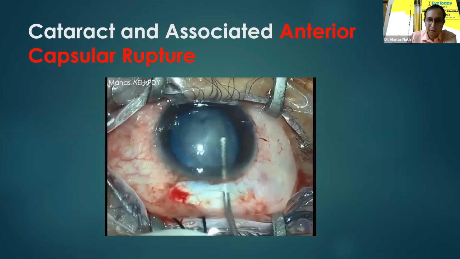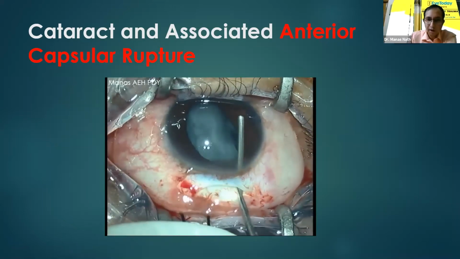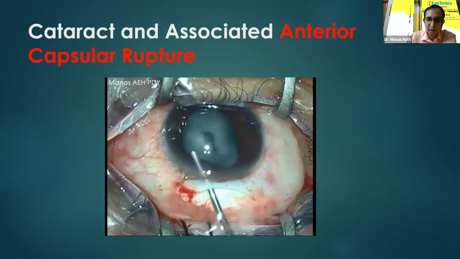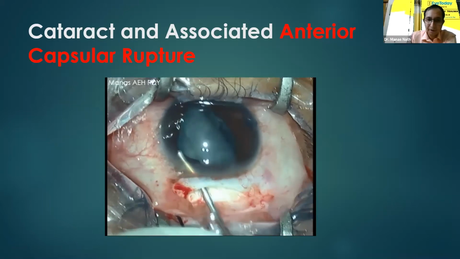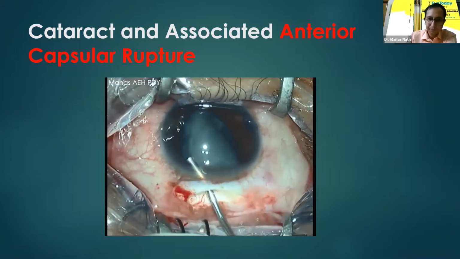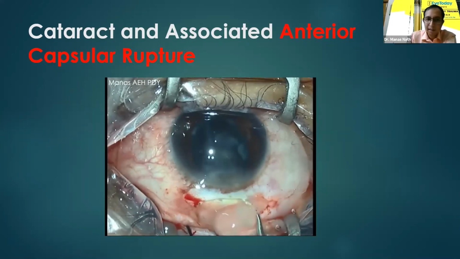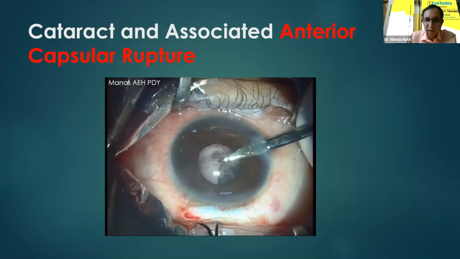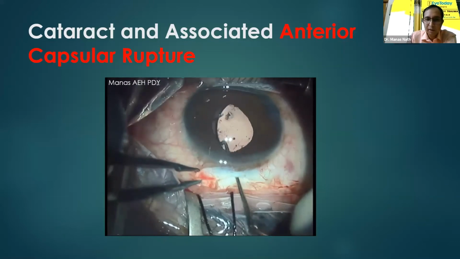As the status of the posterior capsule was not known, I'm using viscoelastic to both prolapse and deliver the nucleus out of the bag and out of the eye by gently depressing the posterior wound of the tunnel. As the cataract was quite soft, it came out very smoothly without any sudden collapse of the anterior chamber. Once I'm sure that the posterior capsule was intact, I'm placing a 3-piece lens within the capsular bag, which was quite stable here.